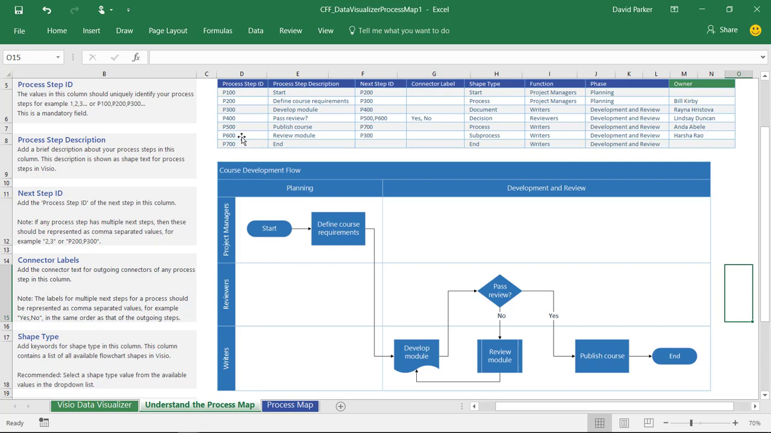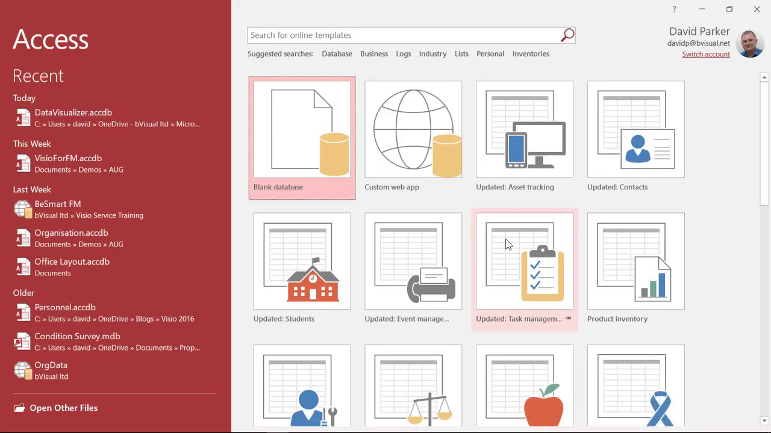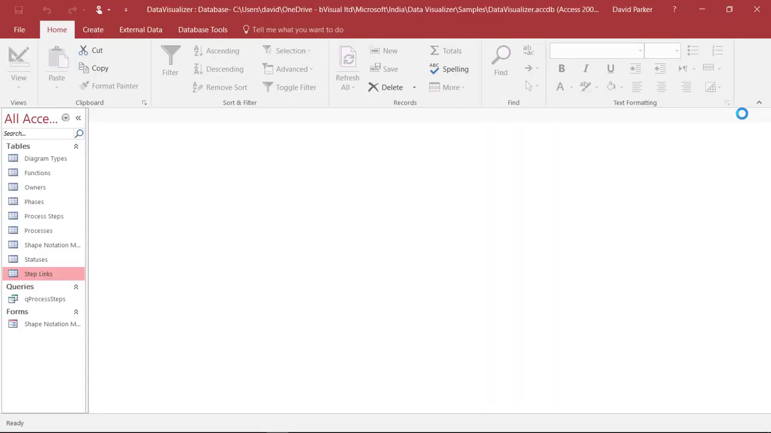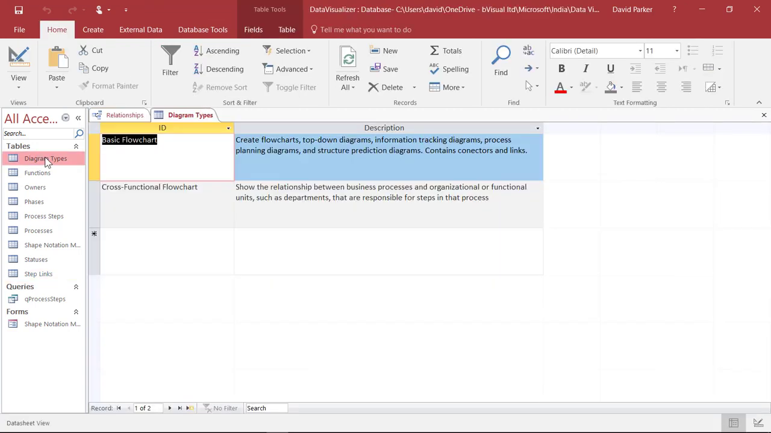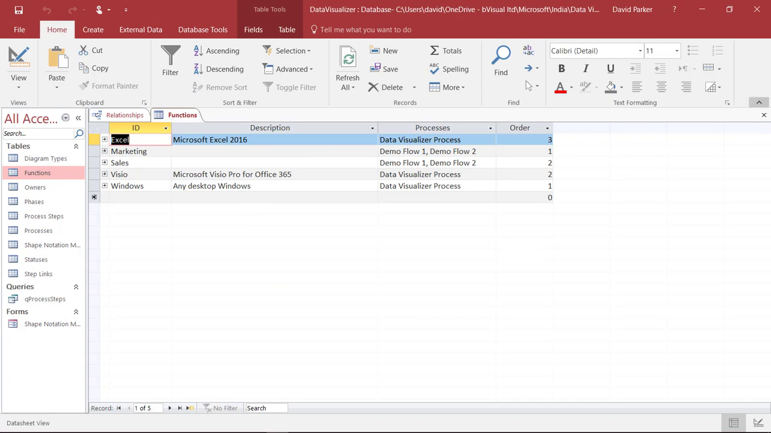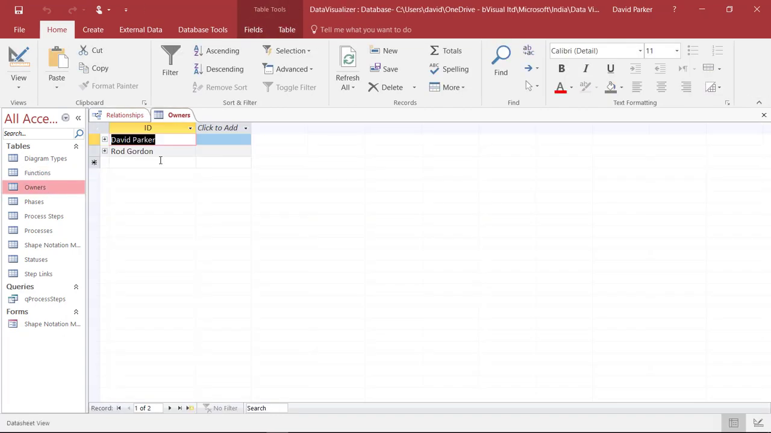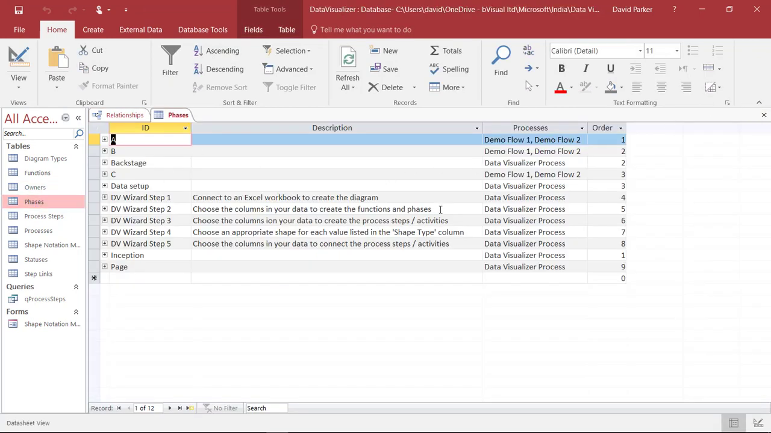So I much prefer to have my data in a relational source so that it's all verified. So let's open up Access, because I've taken those column headings, if you like, and I've created in Access a related structure. And we can see within there that I've got some extra bits. I've given myself one for diagram types, two different types of diagrams that we're going to be creating in there. I've got one for the functions, which are the swim lane headers. I've got one for the owners, if I wanted to put any owners in there, or the phases that it goes through, because I'm creating one here for